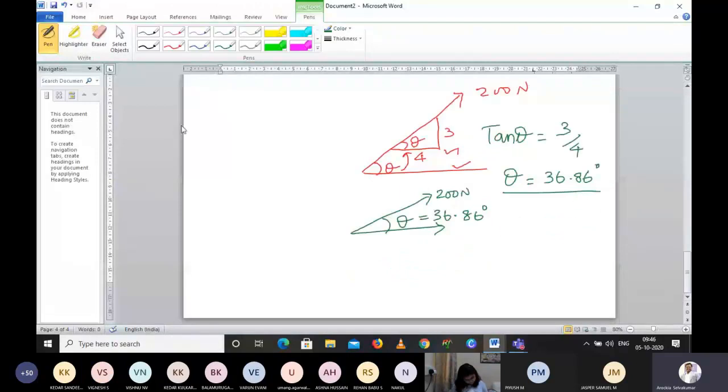Second quadrant, again we should find tan theta, sir. 3 by 2. What is the force? What is the slope value here? Vertical 3, horizontal 2. I want these two slopes. Tan inverse of 3 by 2. Please take a note: for the second force, 3 and 2, this theta and this theta will be the same.